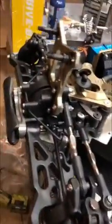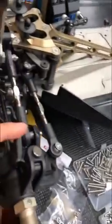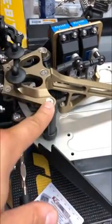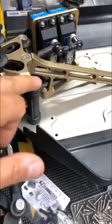Love the way this thing goes together, though. Really, really super smooth. Only pain in the butt about everything is obviously doing the stainless steel screws, because as you pull them out of these little baggies, you need to look through all these screws to match them up. But once you've got them all lined up, it's pretty simple after that. A couple other things you need to convert, because when this is plastic, it's usually a round cap. This is obviously...